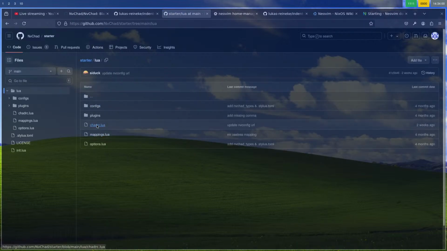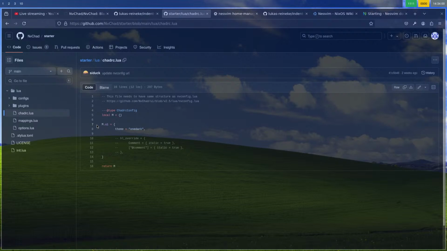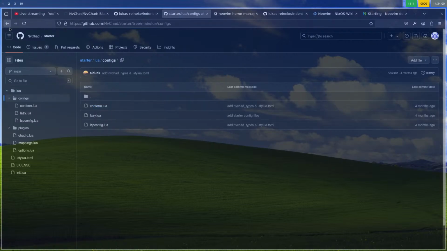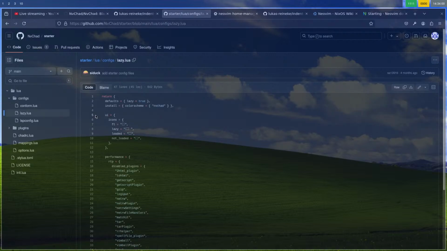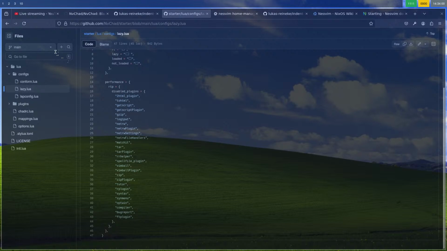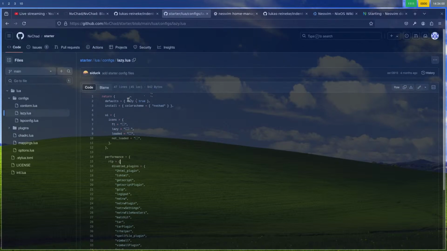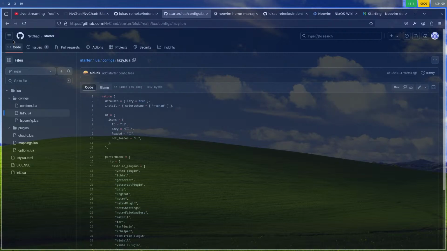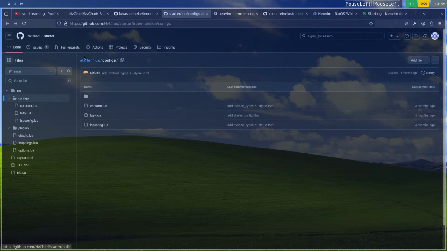Lua, NvChad RC, because it's mostly just a lot of disabled plugins. My question is, honestly,